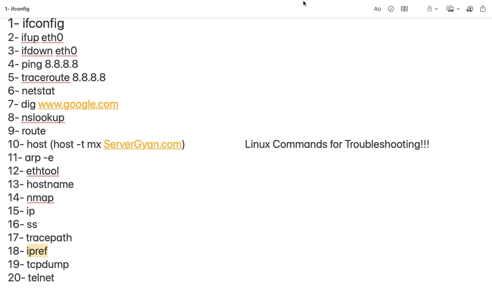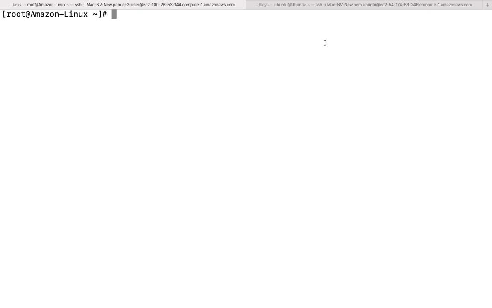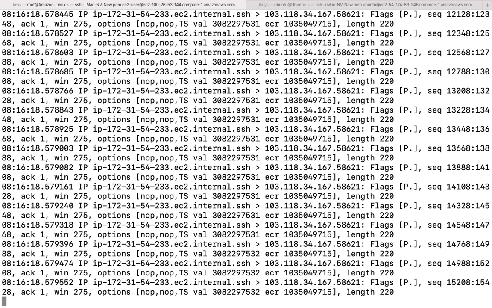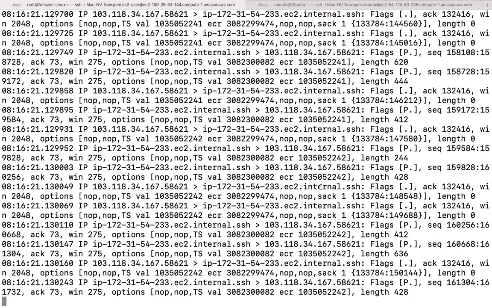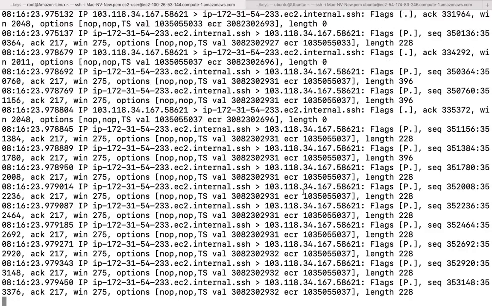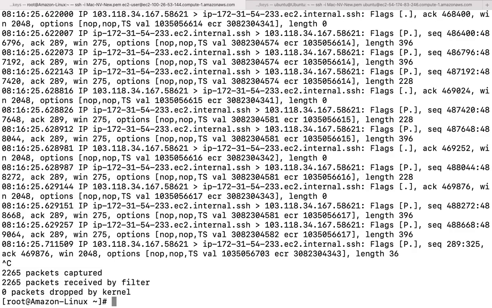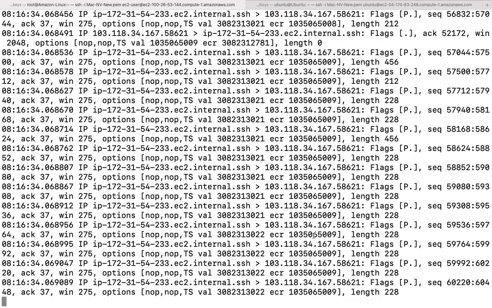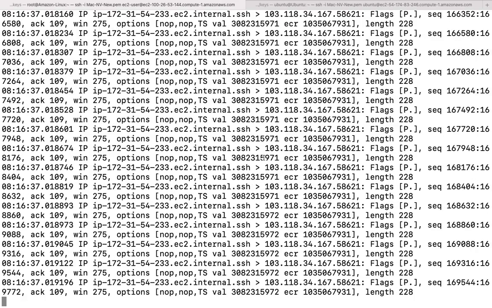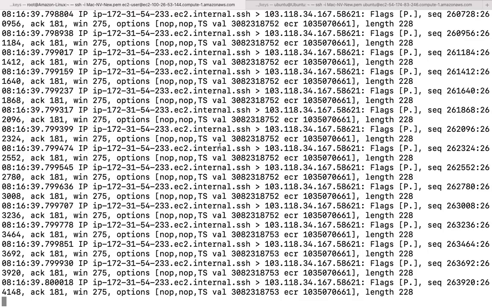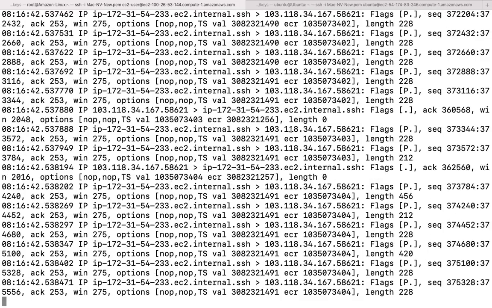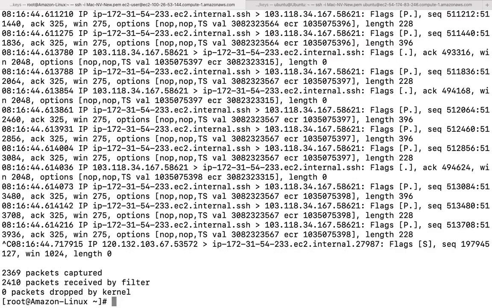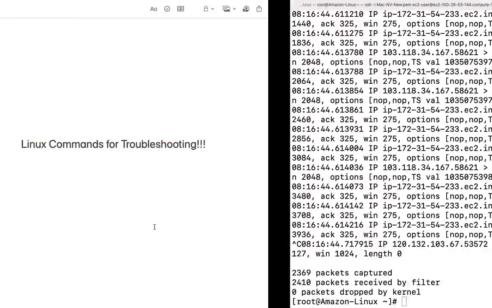Now if we talk about tcpdump, why do we use the tcpdump command here? If I run this command, obviously there are going to be a lot of options, like whatever traffic we are receiving here. But let us say we want to figure out any individual port or any individual interface, so we can define tcpdump -i eth0. We can check this sort of information here, and even if we want, we can capture this particular traffic to a file and after that analyze it. So tcpdump is used basically to capture all the packets.